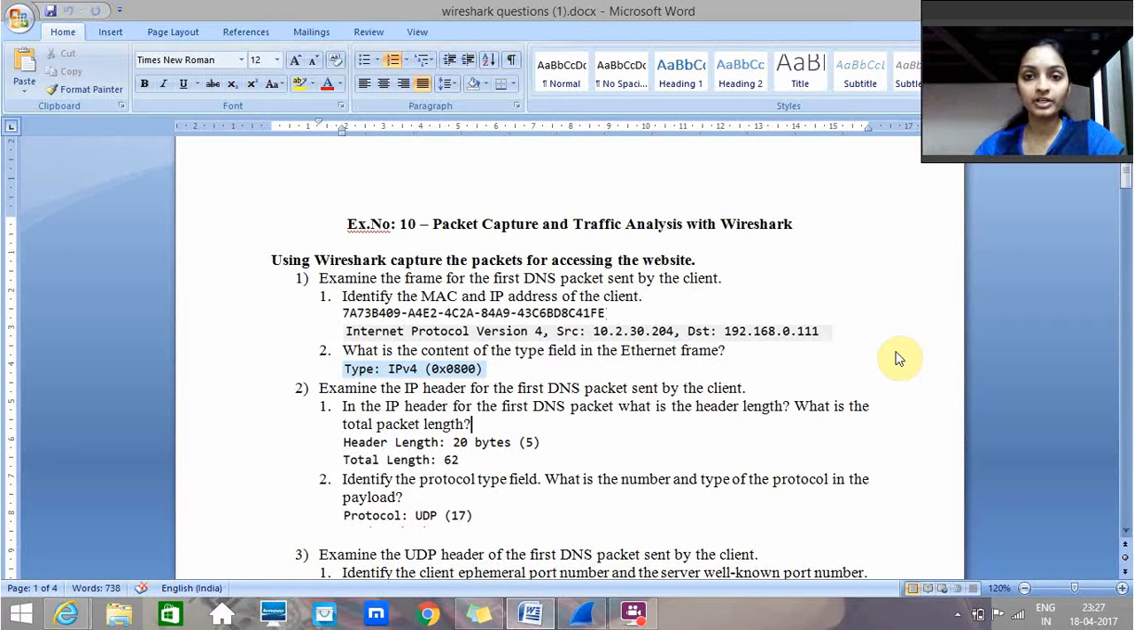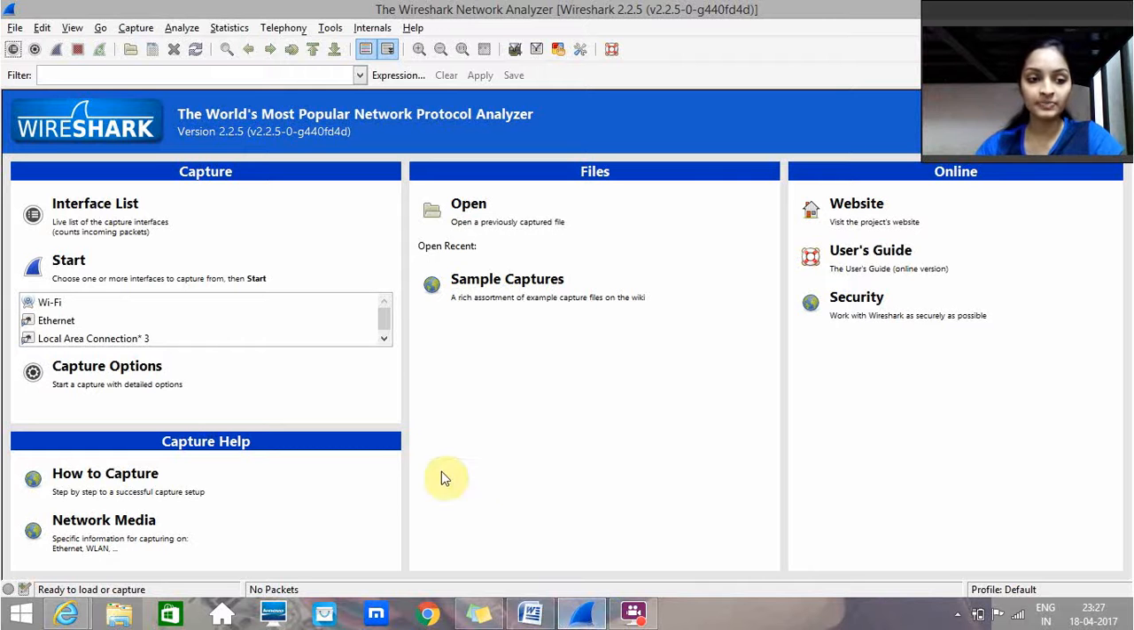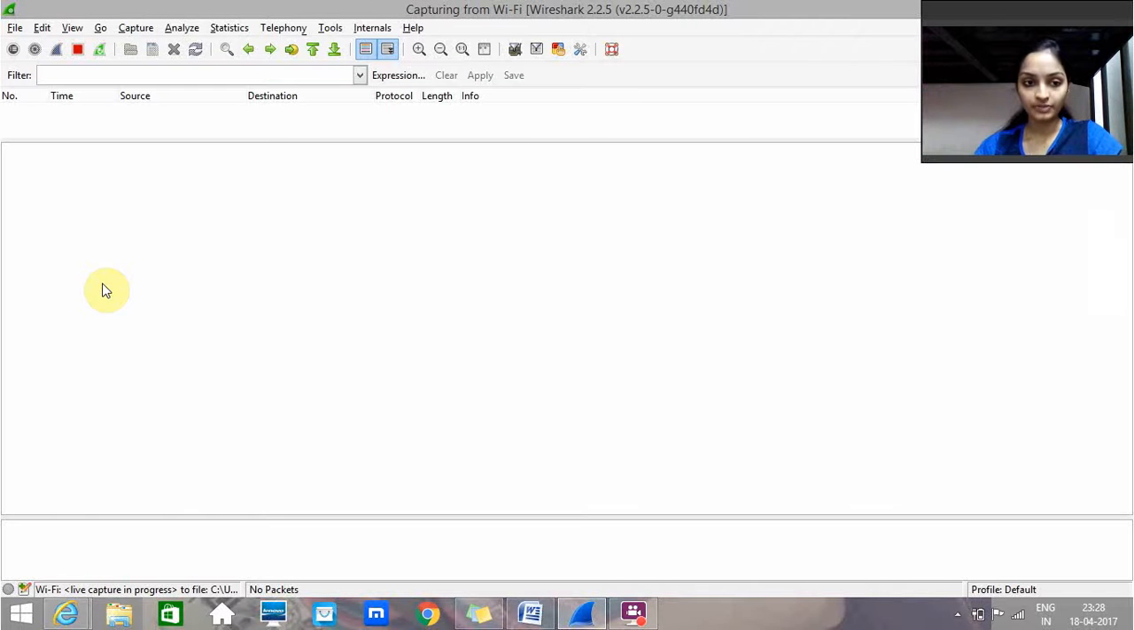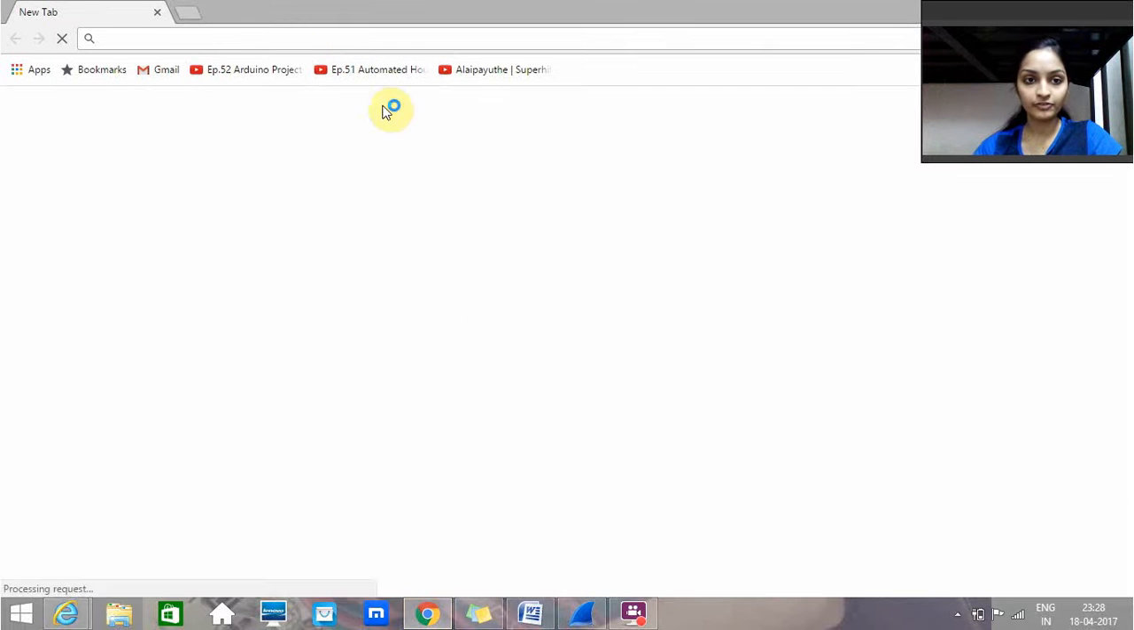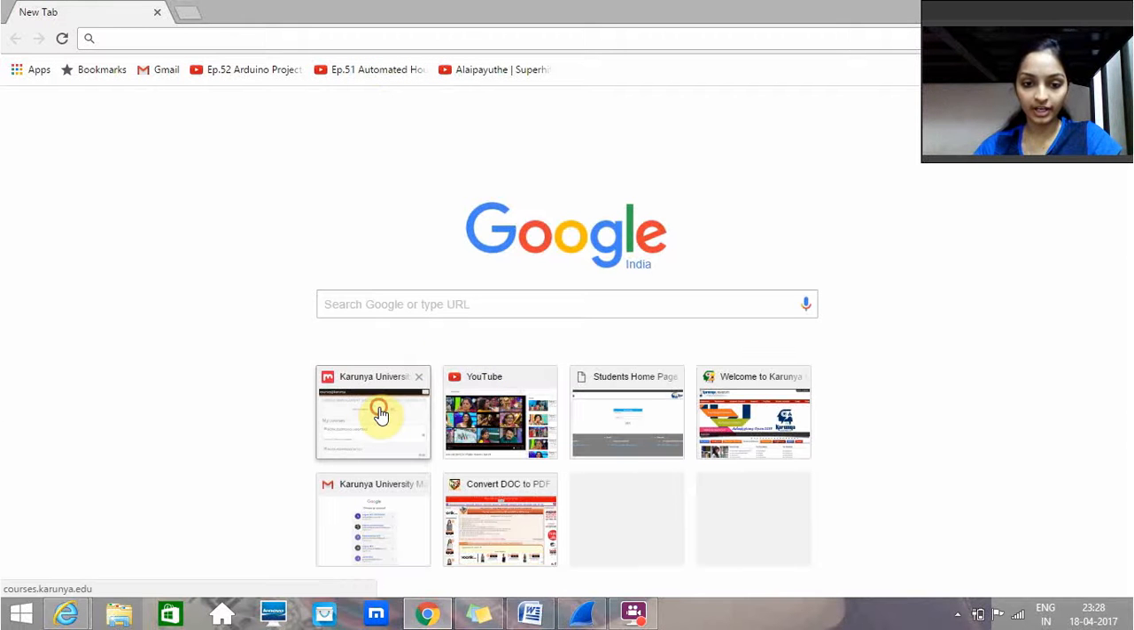Today I'm going to do my networking experiment 10th one, which is based on Wireshark. So for that I have got a question like this. First I have to open my Wireshark Legacy, go to Wi-Fi, and start the capture. Now you have to go to the web browser, and in the web browser you can give anything. I am taking courses here